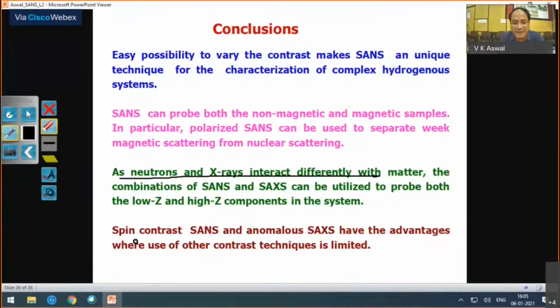So as I said, if you want to look at the quinine condensation, then you have to combine neutron with X-ray, because neutron will look at the hydrogenous part, that is the core of the micelle. And once you know that, then you can use X-ray, and X-ray will see the core-shell structure. And then from modeling of that data, you get clearly what I showed.